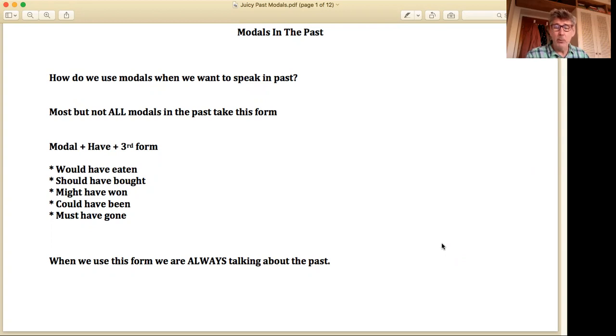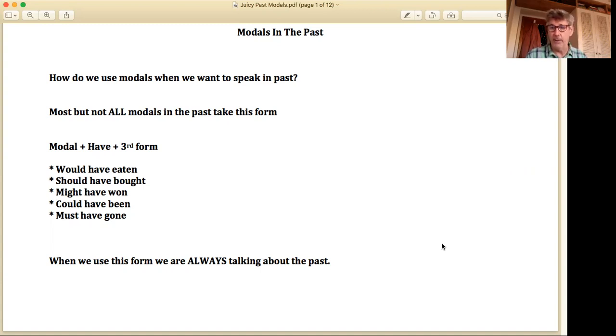Now, the one thing I want to focus on right now, and this is what we really want to learn, is this: if we're going to speak and tell a story or say something that happened in the past, and we want to use some of these modal ideas, like should or could or might, expressions of permission and ability and these kinds of possibility, in our storytelling or communication about the past, then we're going to use a modal. There are a couple of different ways we can do it, but one of the bigger ones is this form that we use in English, and you're going to recognize this form from